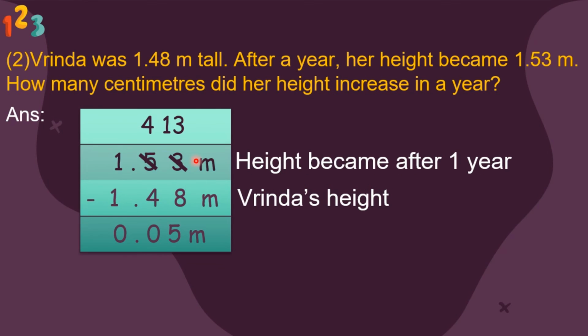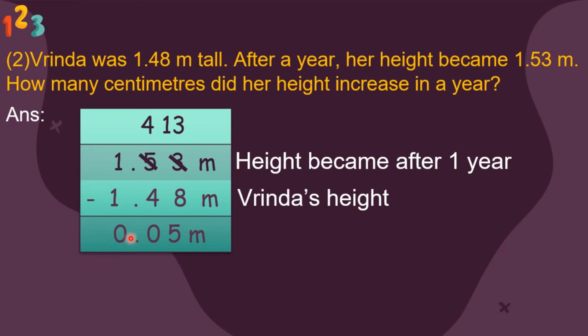So to know by how much her height increases in a year, we subtract her today's height from her height that became after 1 year. So we subtract 1.48 from 1.53 and we do the subtraction as we do for the whole numbers, and we have solved such kind of sums in the previous problem set. So after subtraction we get the answer as